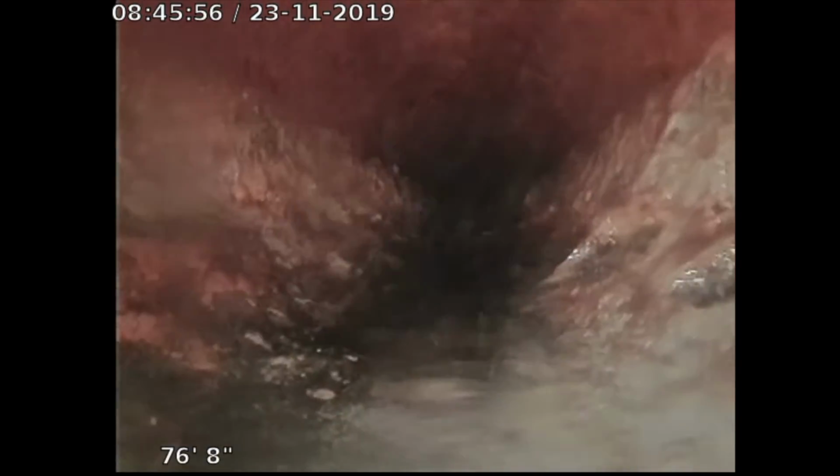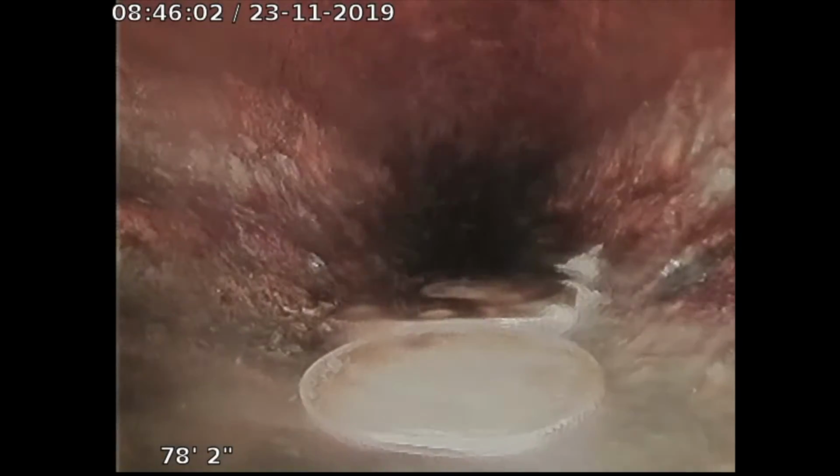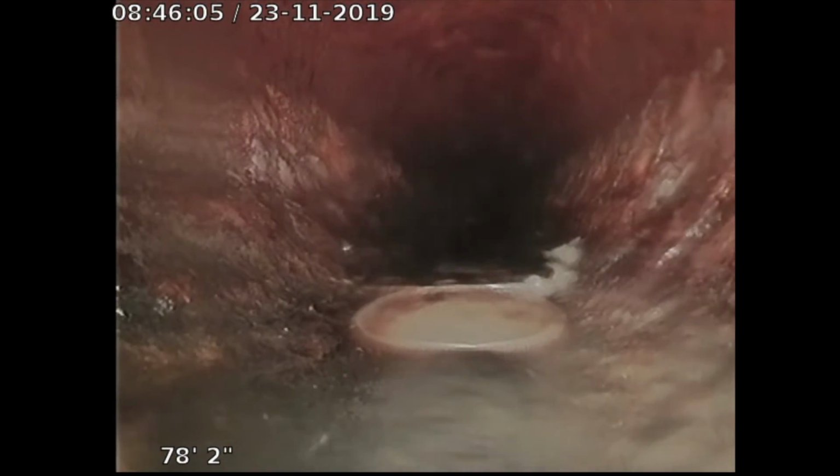80 feet out. What's this? Some type of lid. Looks like we got some sand in there also. More lids. What are these? Are they lids or are they from... Is there a store over here that does some kind of facial things here? Let's take a picture of this, folks. I'm 80 feet out and I have my second batch of some type of lid or some type of face